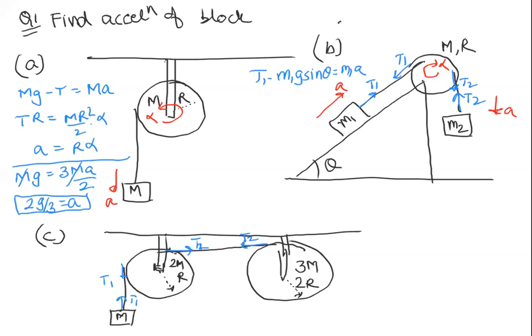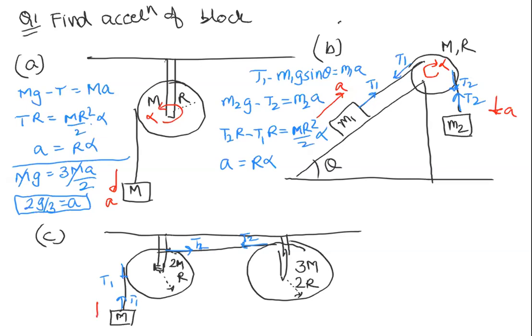इसके लिए जो इक्वेशन आएगा that will be M2g minus T2 is equal to M2A. T2R minus T1R is equal to MR square by 2 alpha. A is equal to R alpha. हाँ, ये बिल्कुल वही एक्सप्रेशन है जो हमारे पास एनएलएम में आया था, बस नीचे n/2 आ जा रहा है। अगर आपको ये एडवर्ड मशीन का कोई भी वेरिएशन आया, नंबर नीचे बस n/2 ऐड कर देना है, बाकी सब वैसे ही।